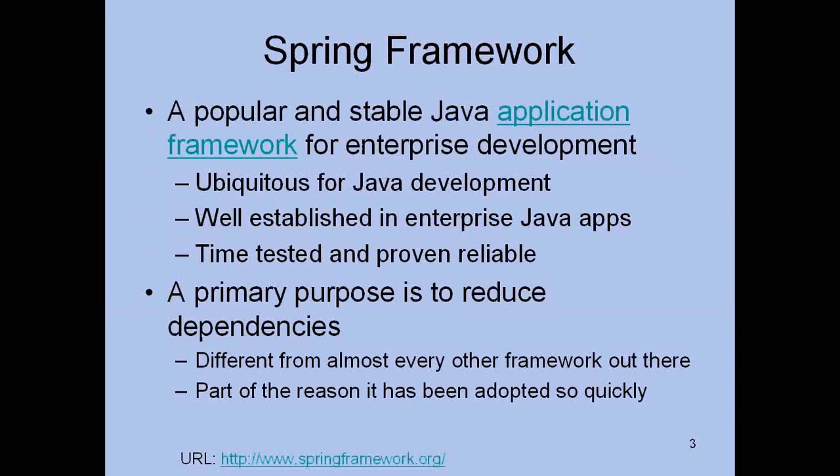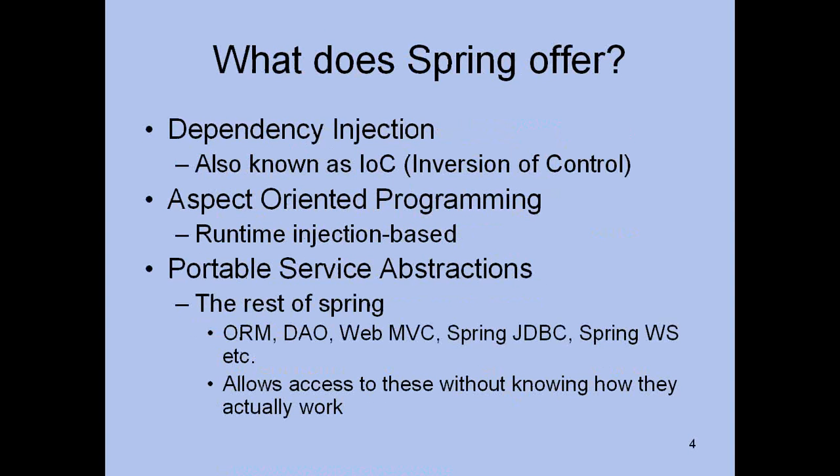Give an overview again, do a recap, and then we're going to talk about Spring JDBC, Spring Transactions, Spring AOP, and Spring JPA. So Spring framework is a Java application framework, and the core idea of Spring is dependency injection, which is also known as inversion of control, but more popularly known as dependency injection. And it has other modules as well, like Spring Web Services, Spring JDBC, which we are going to talk about today.